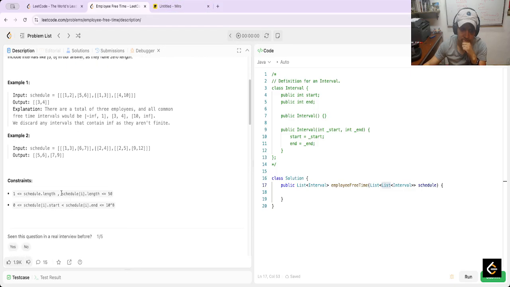Because for example, this said that the schedule in the position i can have 15. I'm not sure why this is a list of lists. Okay, this interval, the interval is this and contains 2 elements. And the list basically is